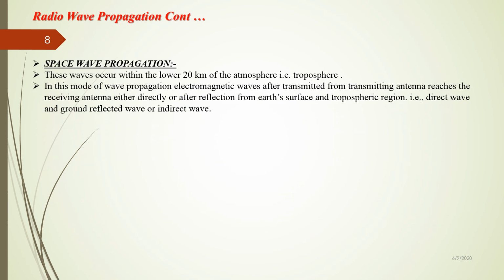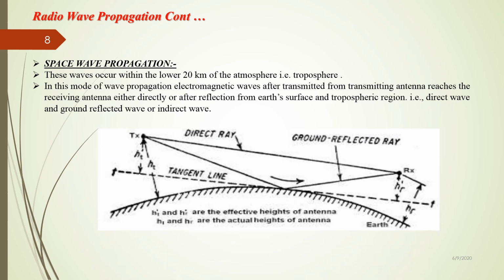And the last wave propagation is the space wave propagation. Space wave propagation frequency is higher than 30 megahertz, and satellite communication is an example of space wave propagation, which usually operates above 40 megahertz frequency. And the propagation of an electromagnetic wave in mobile communication is considered as space wave propagation.